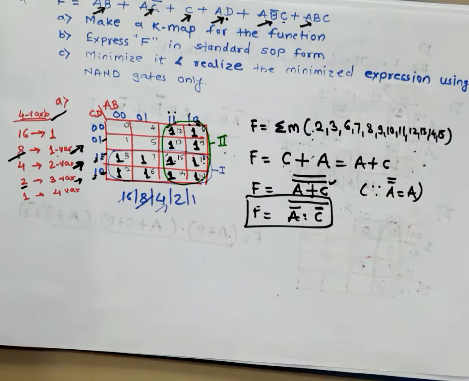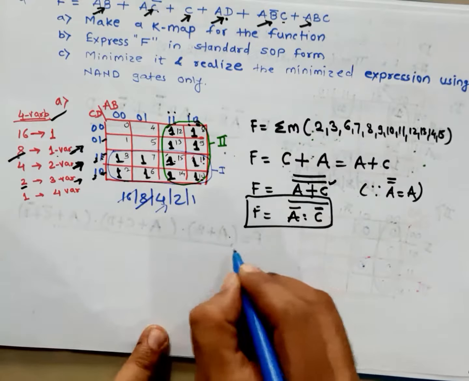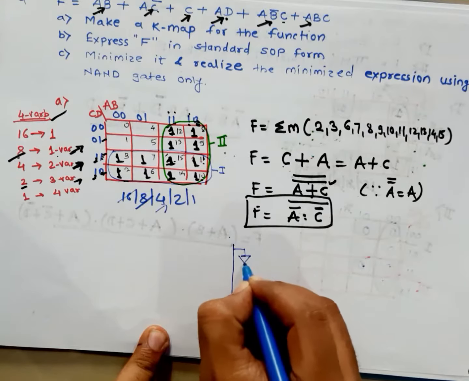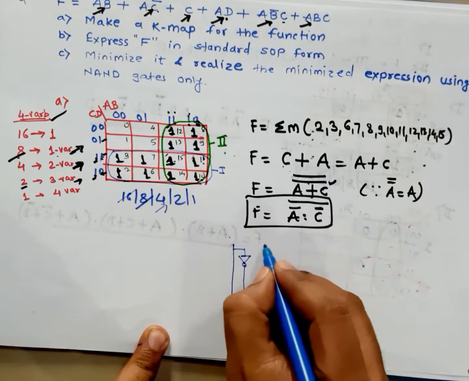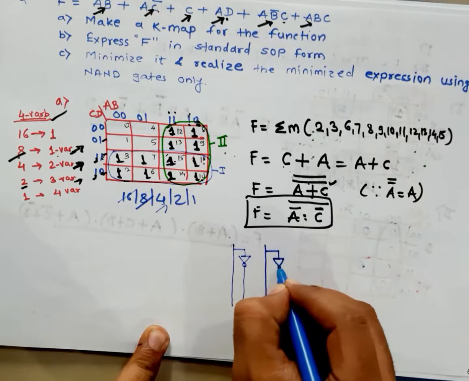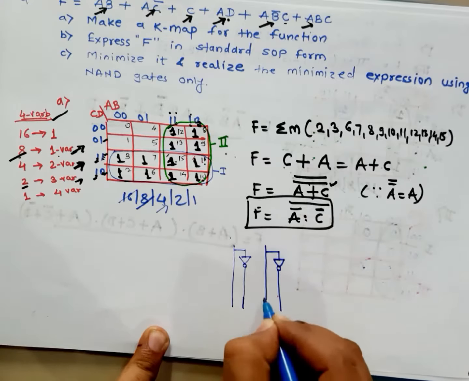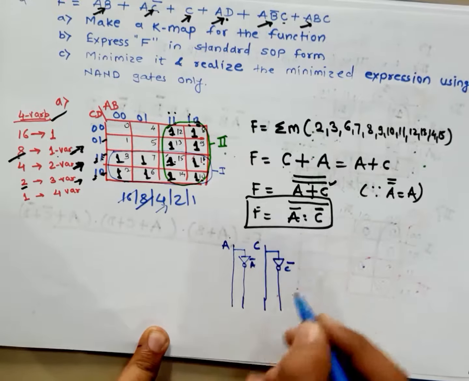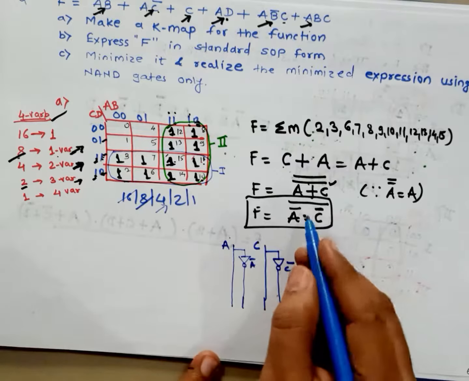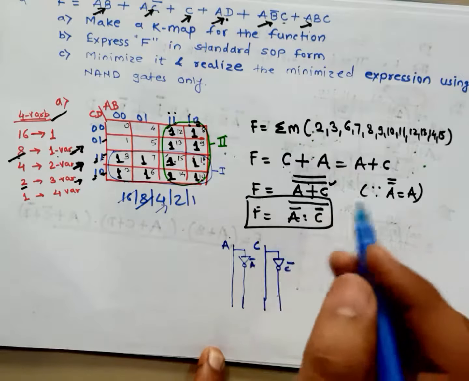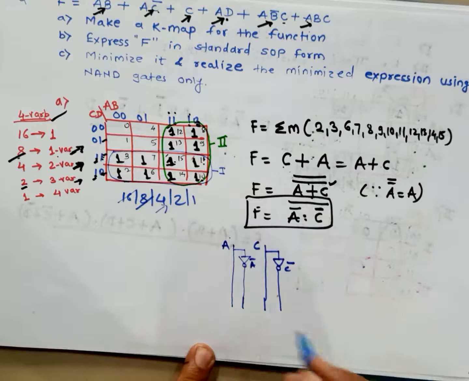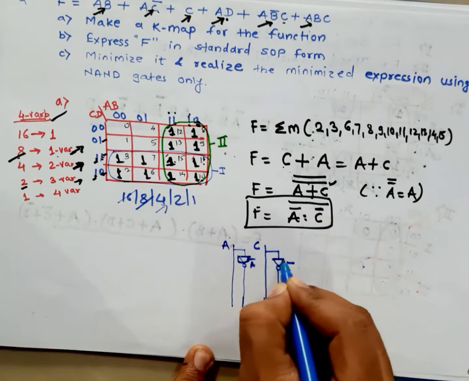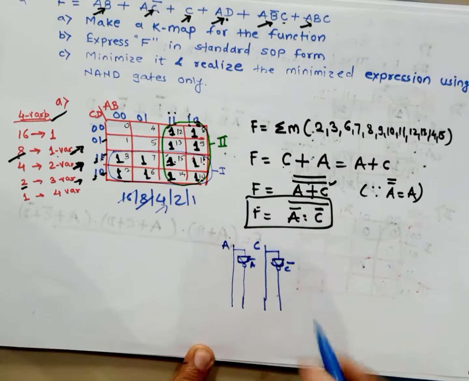For that purpose we want to design the circuit diagram. So first consider a variable. By using a NOT gate you will get A bar. Then the C variable, only two variables in this equation, so C bar. What we require is to implement the equations by using NAND gates only. So in the circuit diagram you require NAND gates. Here, instead of a NOT gate you can consider a NAND gate.